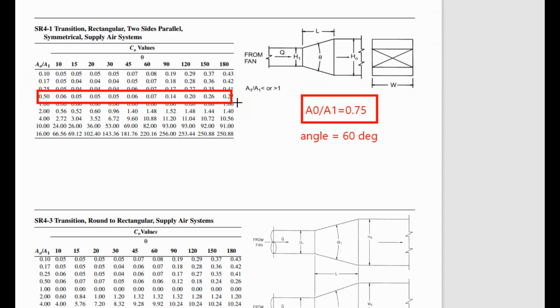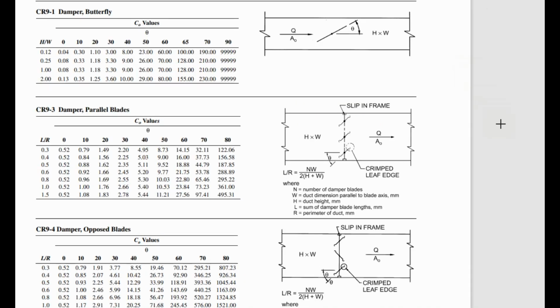So we'll select the 0.5 row and angle 60 degree, and we'll select the column for 60 degree. So for this transition piece, the coefficient value is 0.707. To calculate the pressure drop inside dampers, first you can select the fitting loss coefficient value for this damper from